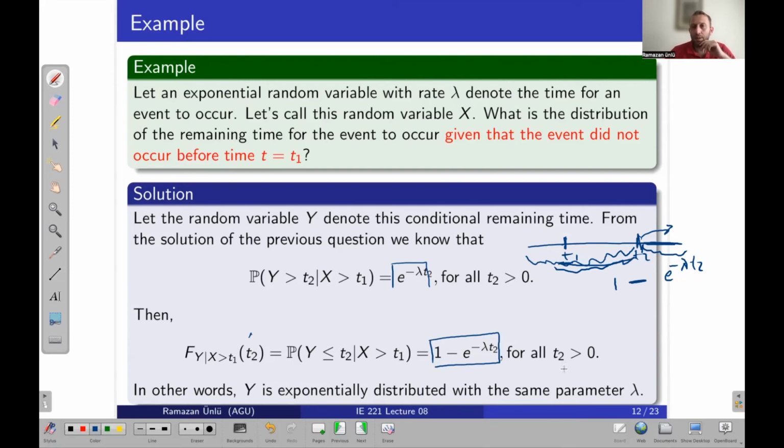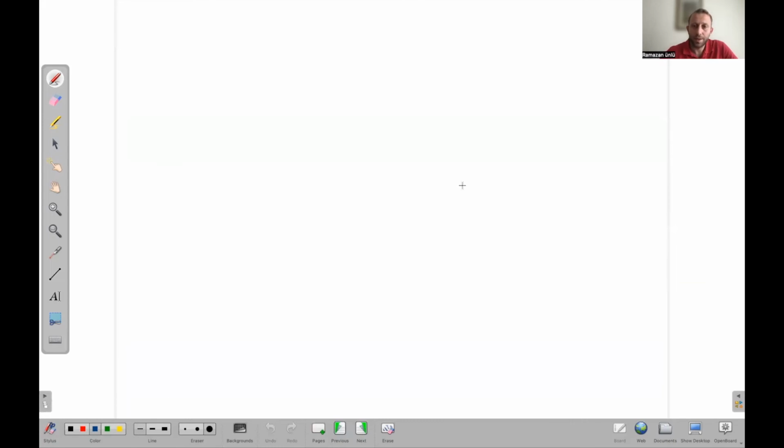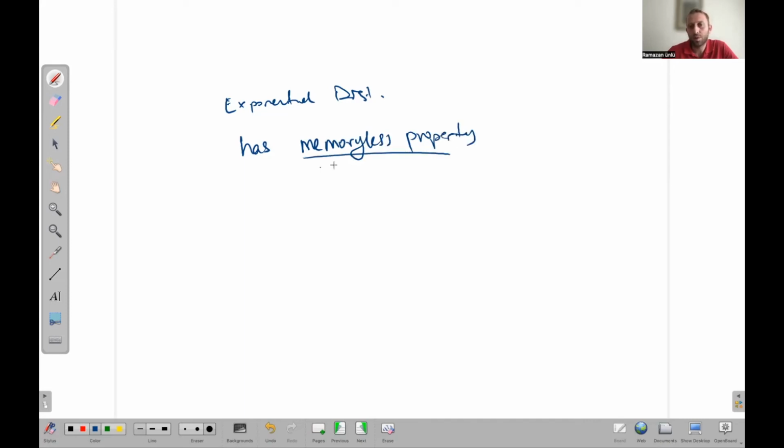Okay, this can be a little bit confusing, but don't worry, just remember that the exponential distribution has the memoryless property. Okay, that is important. That means the past will not affect the future. If I ask you what is the probability of x greater than 100, given that x is greater than 30,